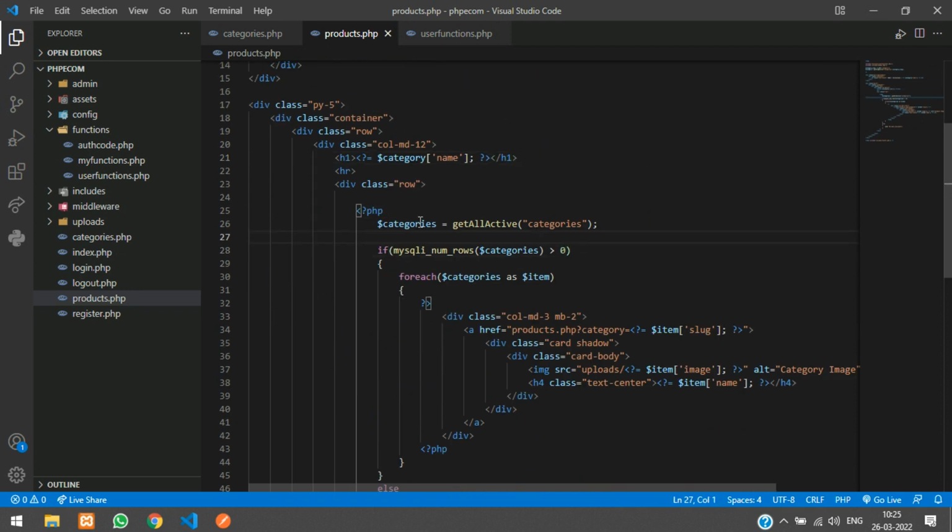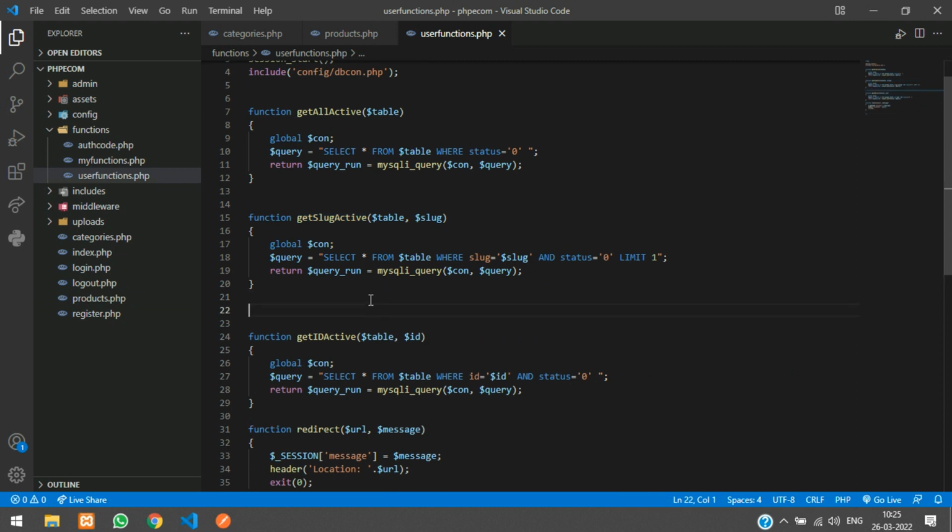So here we have the old code, right, which we just copied from the categories. So this card design we will just keep it the same thing. So this thing we are not going to change. We will start from here. Okay, so products is equal to get products by category. We have to write the function getProdByCategory, and I'll copy that, create a function over here,